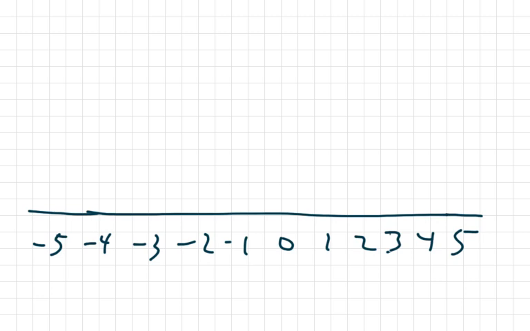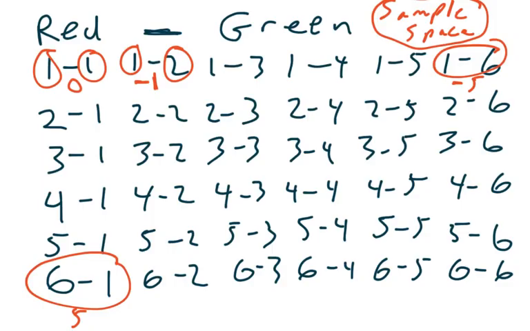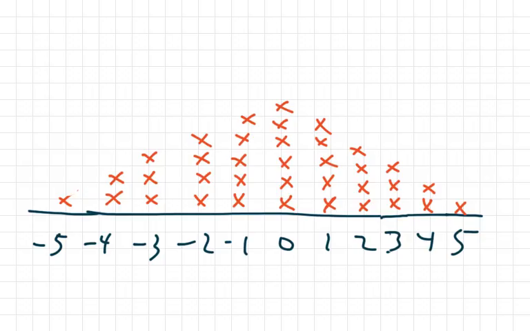So pause the video and see if you can't make a dot plot out of this information right now. Please try this, guys. Learn how to do dot plots. Understand the importance of looking at the whole sample space when doing a more complex problem like this. So I'm going to pause the video. I want you to try it. Guys, I did it real quick myself. Hopefully you got something that looks like this.